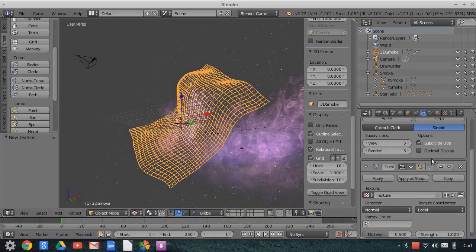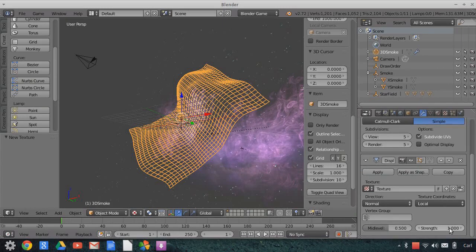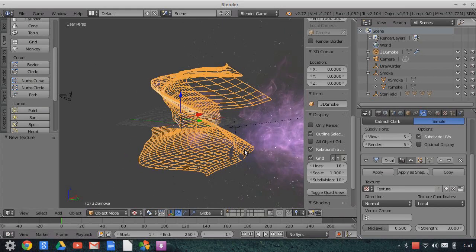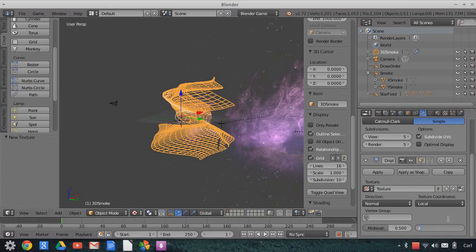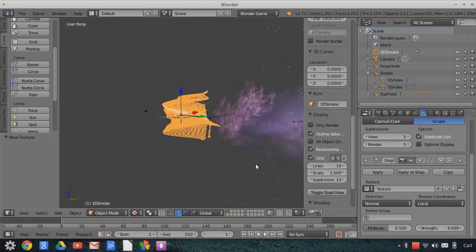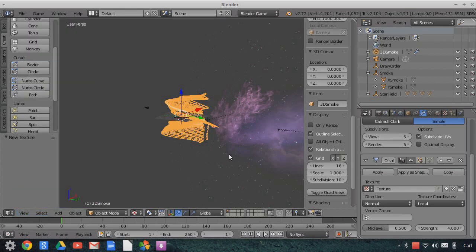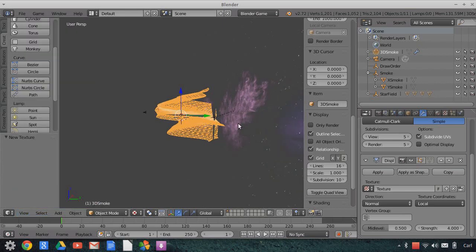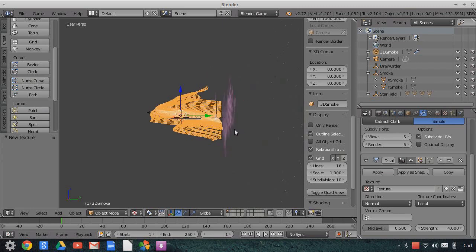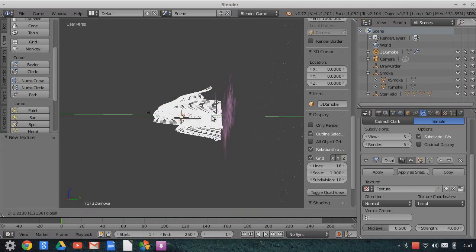Then I'm going to go to the modifier itself and I'm going to change the strength to, let's change it to 3. Let's change it to 4. Let's go even bigger. And that's pretty big. Let's go now to our camera view. Now you're going to notice something before I do that. See how it's intersecting with my other images? Now, I've already talked about draw order problems. This can't work. Okay, this can't work with the draw order issue unless we use a little known